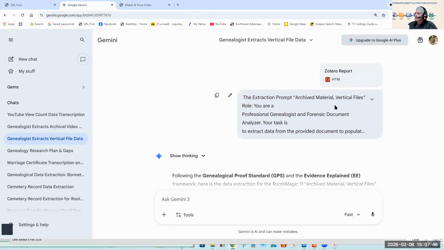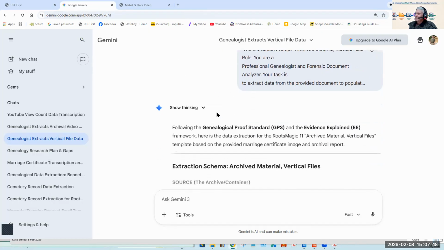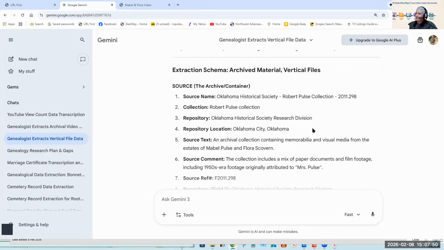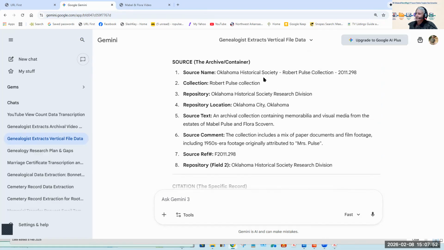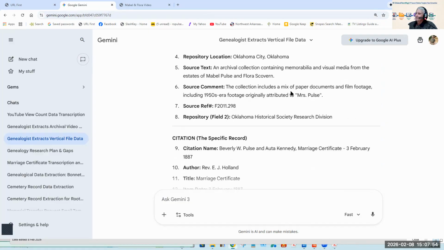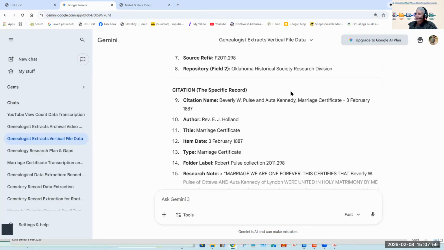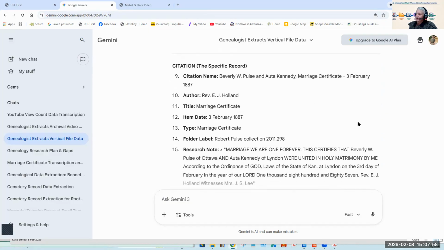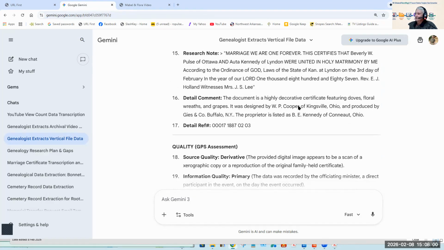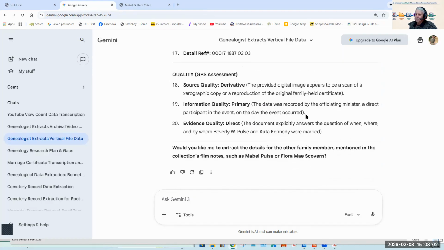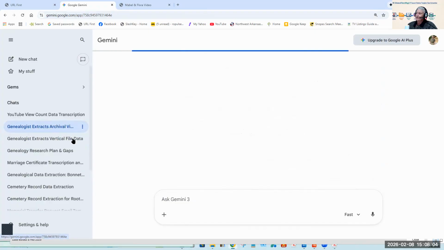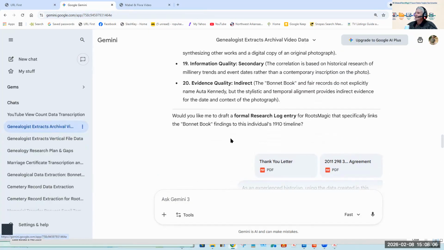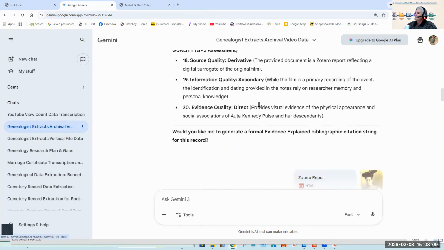There's the report, archive material, and it changed several of the things up here. And I chose not to use those because I already had a good citation. Oh, this is the marriage certificate still. Okay, let's go to the next one. There's the video. Okay, let's go back up here.